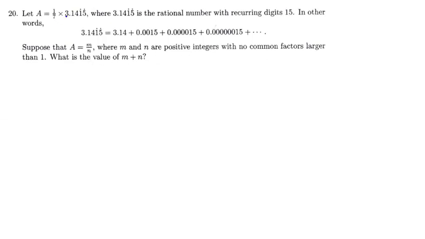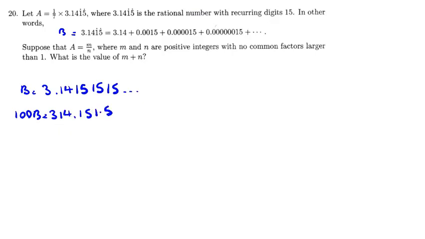Okay, so let's consider this number b. So b is 3.14151515. So if we multiply 100b, then we have 314.1515. And then if I multiply it by 10,000b, then I have 31415.1515. If I subtract, 10,000b minus 100b will be